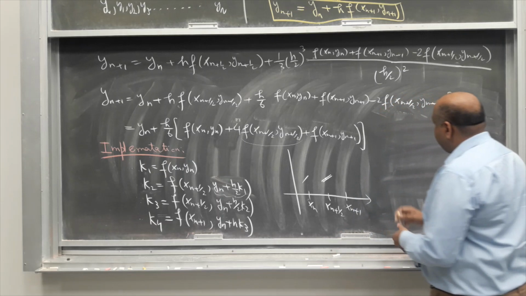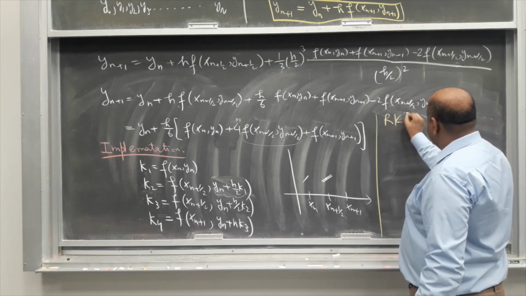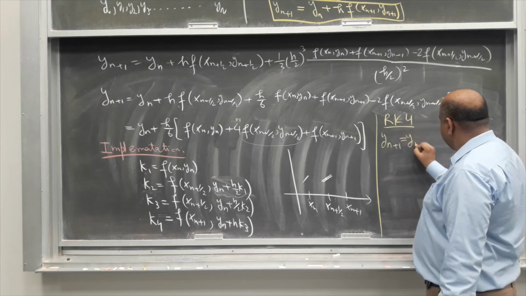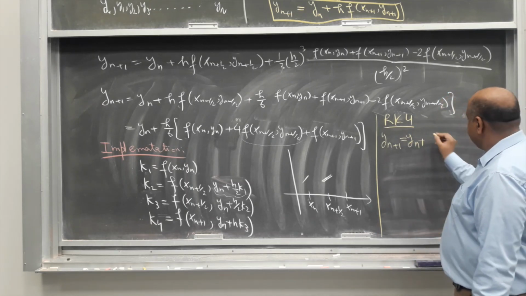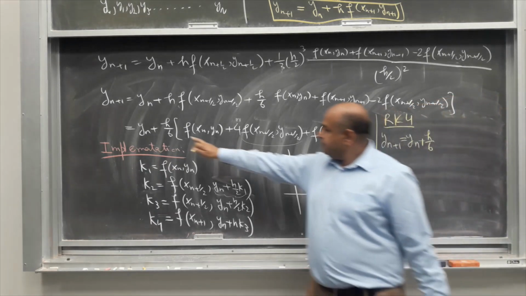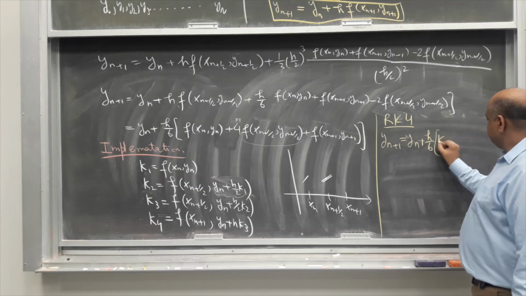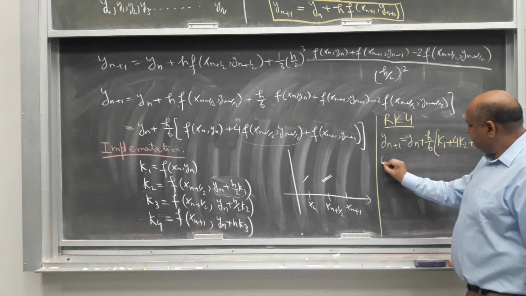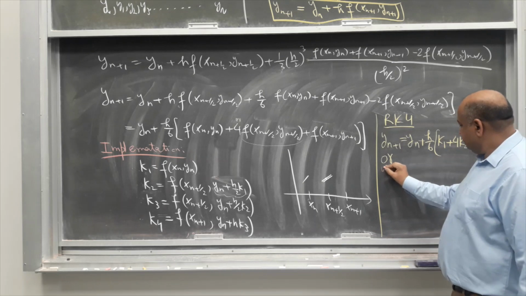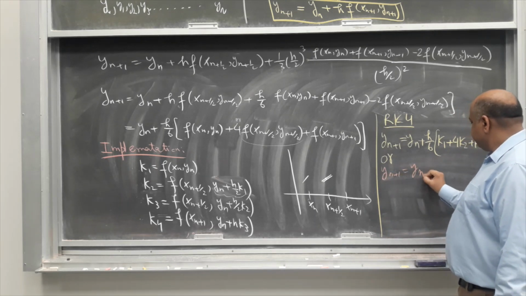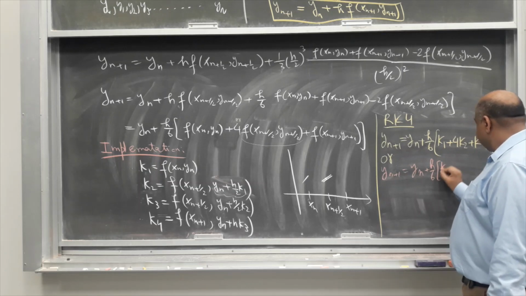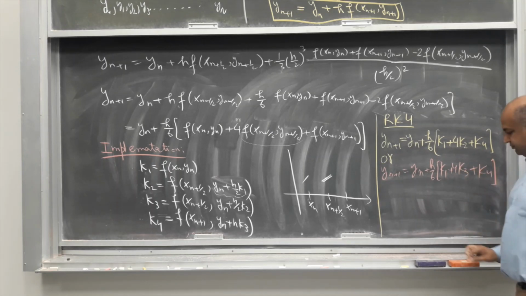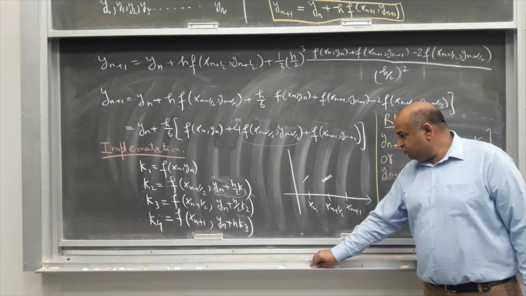Okay, so all of these are RK4. I can compute y_{n+1} as y_n plus h by 6 into k1 plus 4k2 plus k4, or we can use this, h by 6 into k1 plus 4k3 plus k4, or better yet, we can use